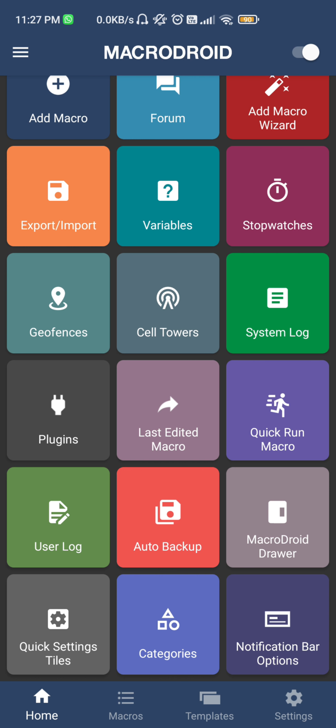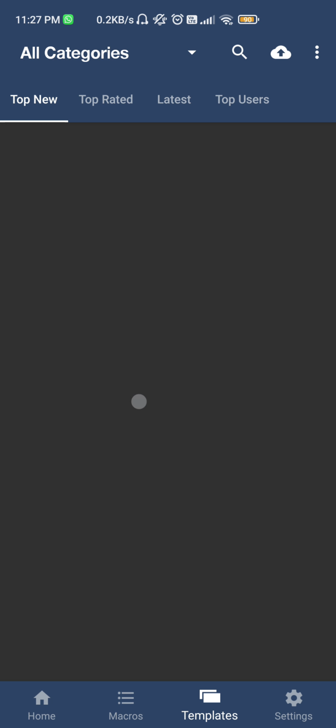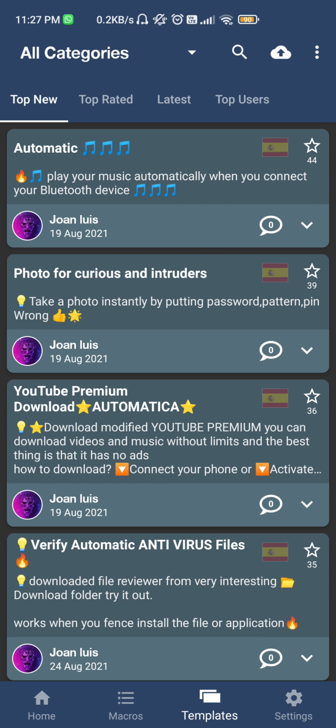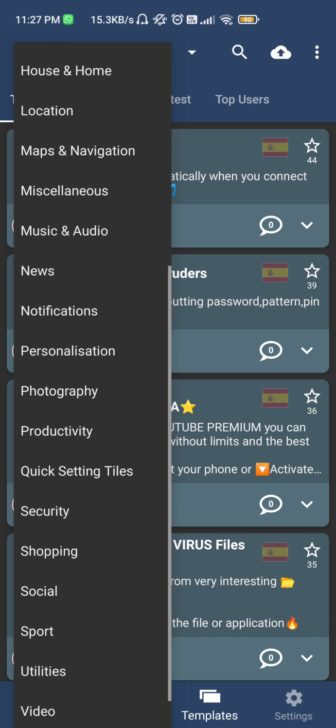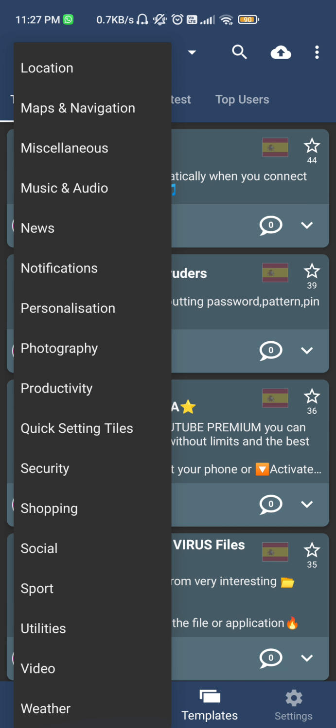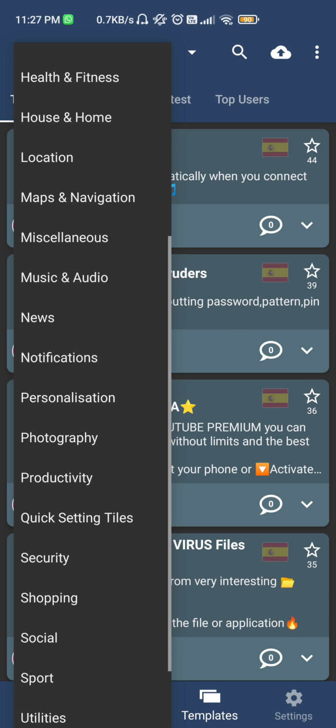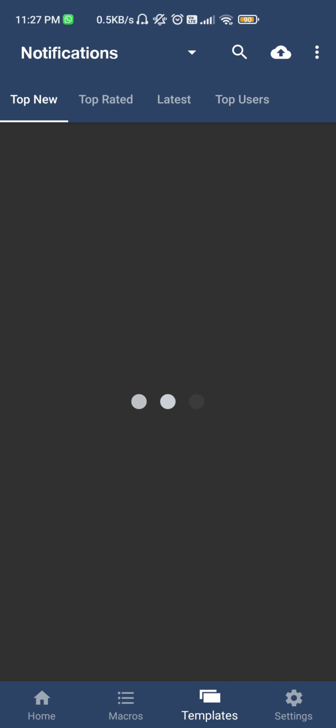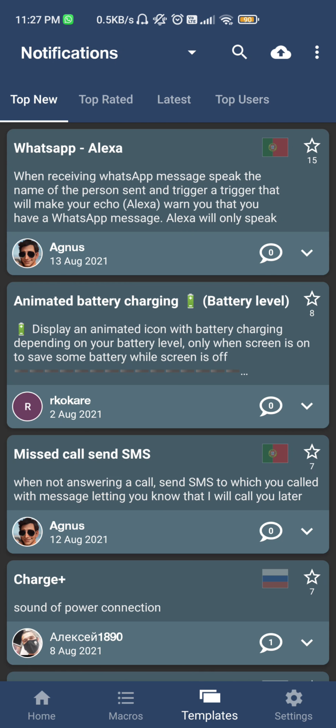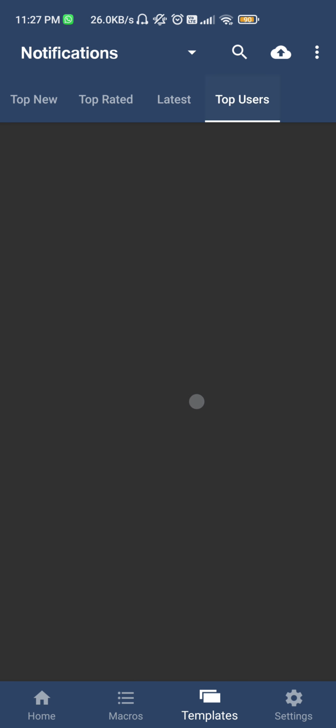Some of the macros here are shared by users, so you can check them out by going to the template section, and on the top you can categorize what type of automation you want. Like, if you want automation in notifications, then you will see top new, top rated, latest and top users.